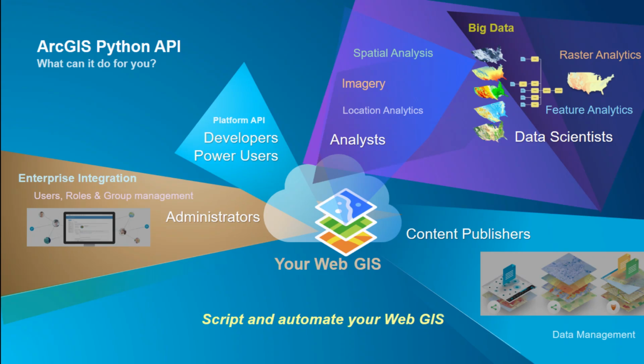So as Dan said, this is a new thing. Did you guys all get a chance to see this a little bit in the plenary this morning? It's a new API called the ArcGIS Python API. We're really excited about it. There's a lot of cool things you can do. Today we're going to focus primarily on administration, but we'll show some of this other stuff, as I think what you'll see is some of the analysis capabilities can actually be tied together with administration